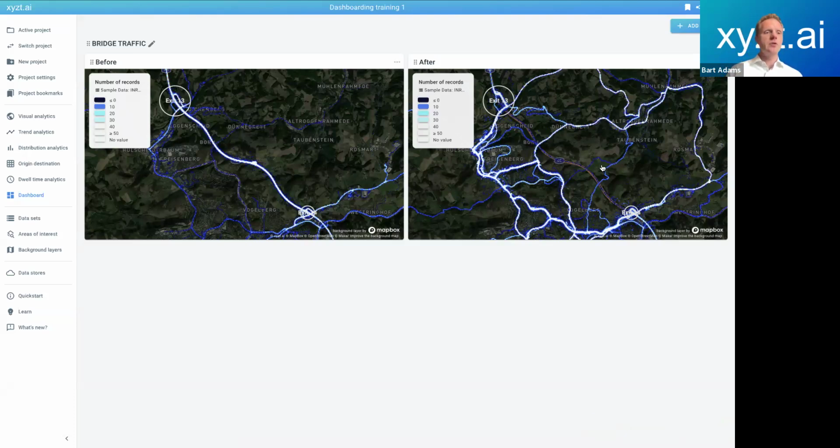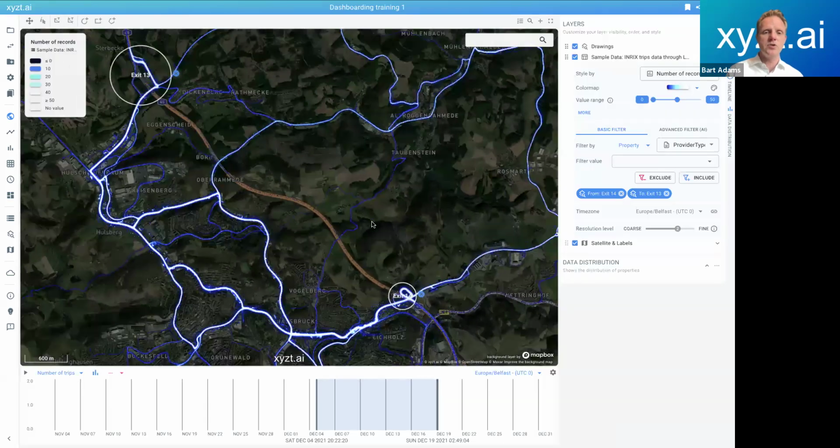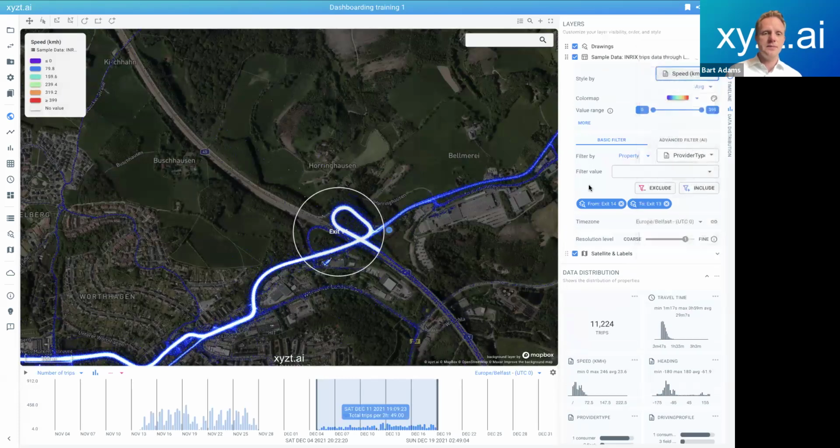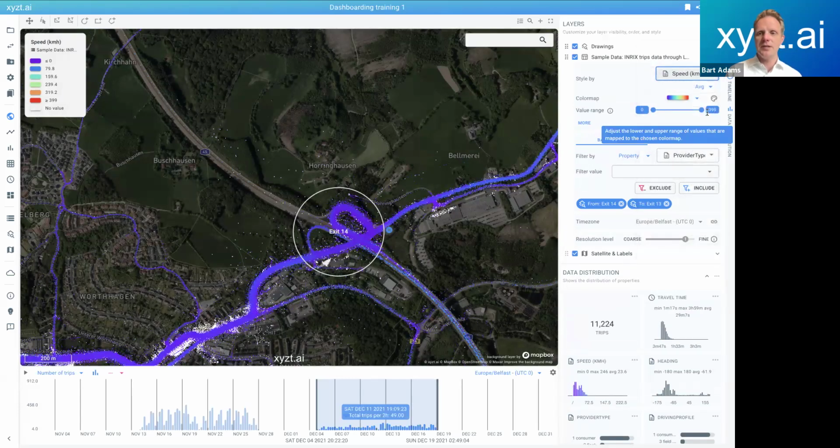What I'm going to do now is use one of the other analytics, and analyze how long people have to basically wait in those two areas. So before, people would probably just be driving and they could just drive fluently from south to north. But afterwards, my assumption is, and I can already see that also if I zoom in on this area and plot it with speed, and you see the speed is between 0 and almost 400. So I'll put it between 0 and